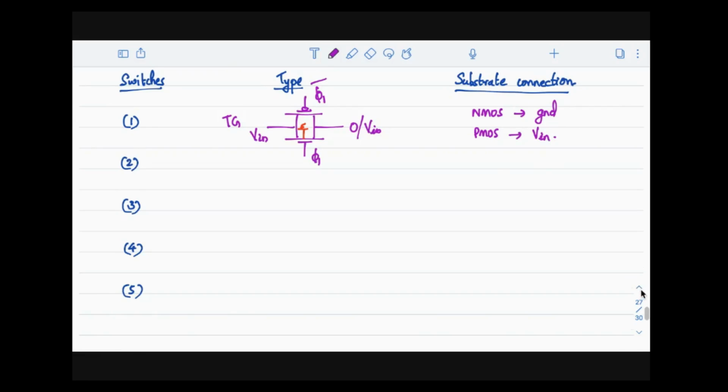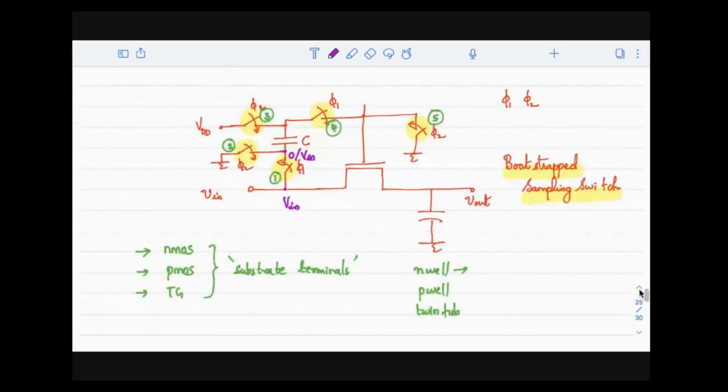Now, if you look back to the circuit again, this selection is done. And now the second switch is right here. Again, looking at the voltages this switch needs to equalize, on the left side it is 0. On the right side, it is coming 0 or V in. Even though the voltage coming there is 0 or V in, what I need to equalize is basically 0. So what type of switch can I use? Can I get your response in the chat?